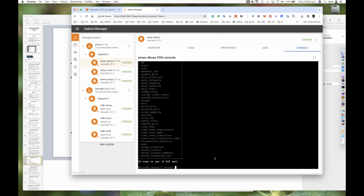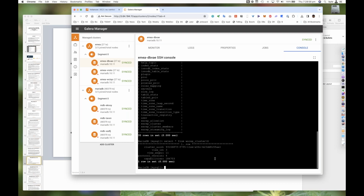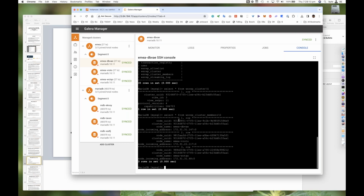So if I do select star from WSREP cluster, here we've got, of course, your cluster UID, the view ID, sequence number, protocol version, and capabilities. All the members here should tell you the node incoming addresses, the node UID, cluster UID, etc. They should all match. In fact, if you are looking carefully,